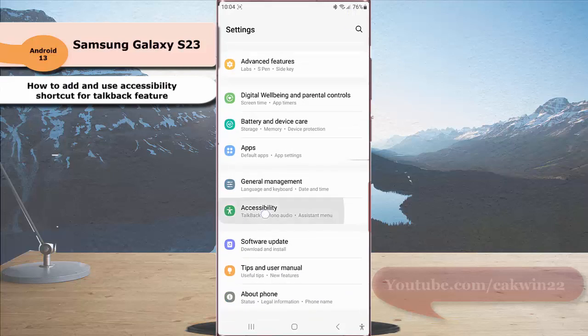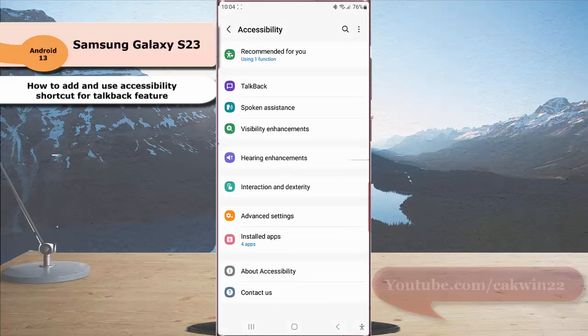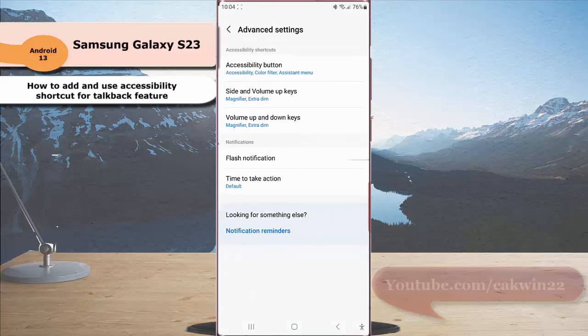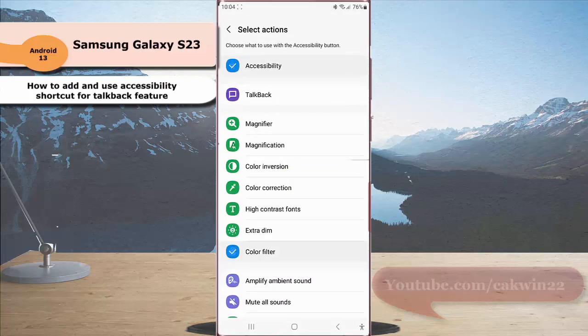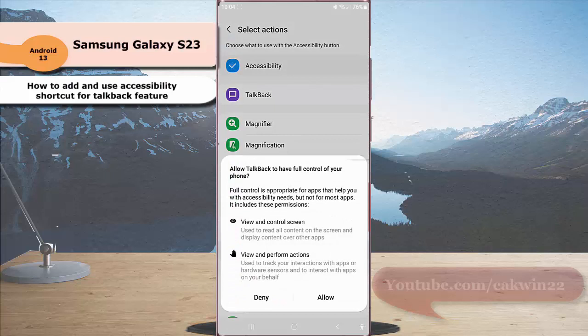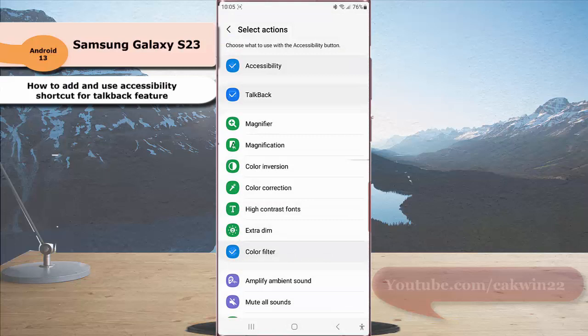Tap accessibility. Tap advanced settings and then tap accessibility button. Tap select action and then select TalkBack. A pop-up menu appears to inform you about TalkBack and the permission needed by this feature. To continue, tap allow. By adding the accessibility shortcut for TalkBack feature, now you can easily turn on or off